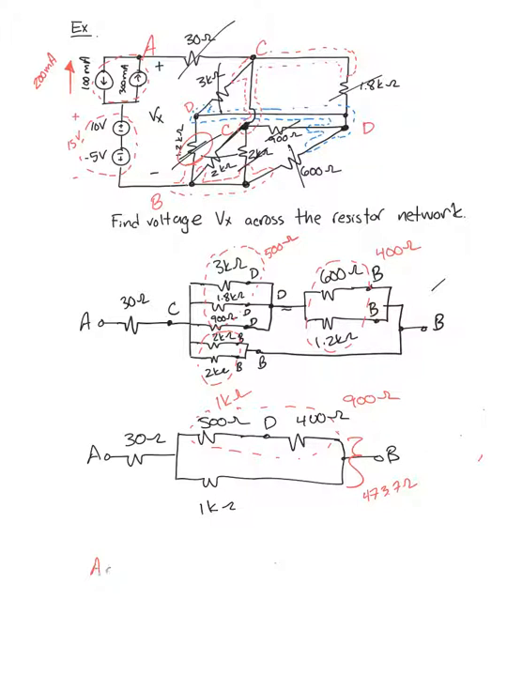And then we see that we've got a 30 ohm in series with that 473.7 ohms to B. Therefore, the equivalent resistance between A and B is 503.7 ohms. Okay, so redrawing our equivalent circuit, we found that we have a 200 milliamp current source going from